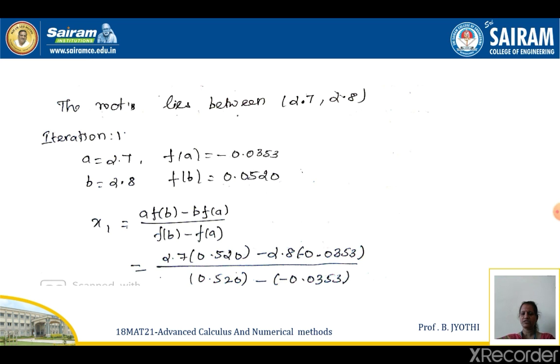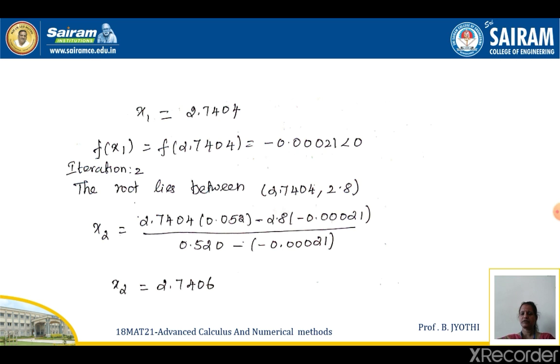Now, after getting the interval, let us start the first iteration by choosing a as 2.7 and b as 2.8. When we compute f(a), we are getting minus 0.0353 and f(b) is 0.0520. x1 is given by the formula, and on substituting the appropriate values of a, b, f(a) and f(b),